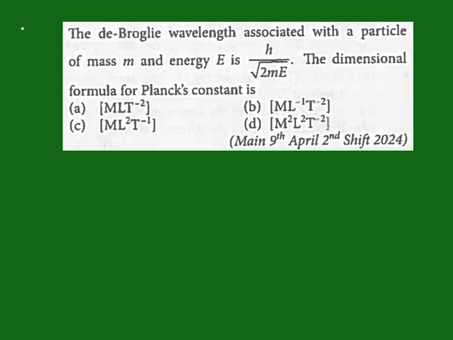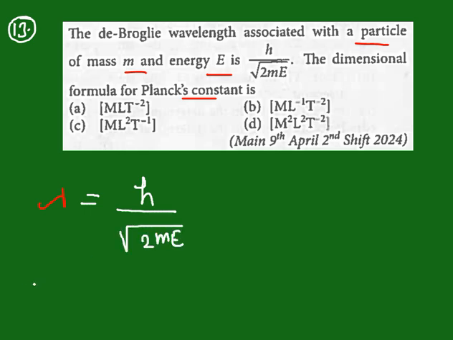Now one relation from the modern physics, the de Broglie wavelength, question number 13 of the day. The de Broglie wavelength associated with a particle of mass m and energy E; find the dimensional formula of Planck's constant. So lambda, they have given lambda, or else we know also h upon under root 2me. So the dimension of Planck's constant is lambda into (me) to the power 1 by 2, and lambda having dimension L,